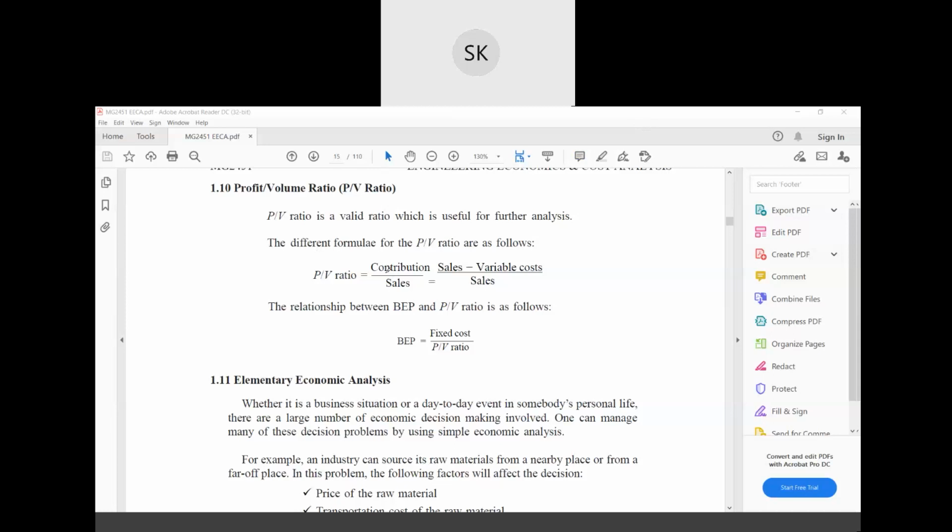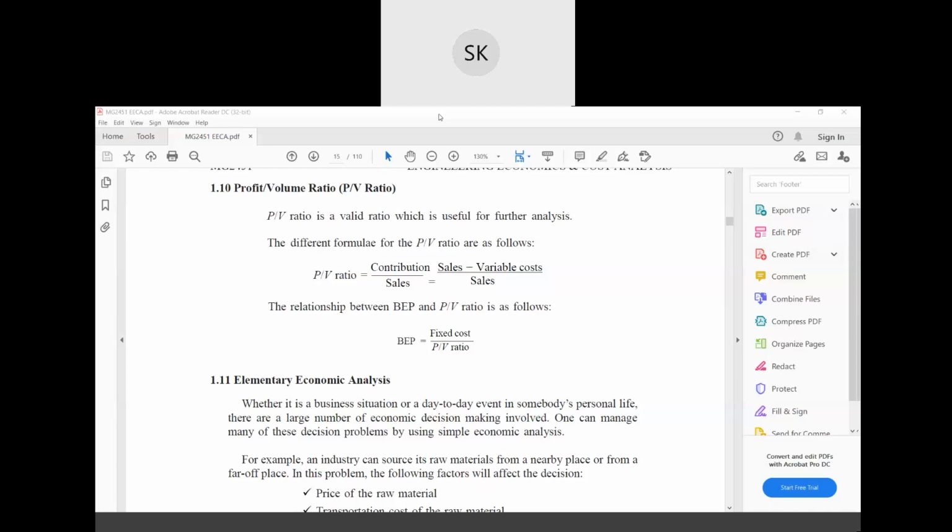Just a quick question, any one of you can reply: we did two numericals, right? Sorry, three numericals on break-even analysis. Am I correct? I get confused with section A and B. You have two sections, so I have to repeat the same thing again and again. Can you remind me, have we done three numericals on break-even analysis or not? Yes, ma'am, we have done. Okay, then thank you.